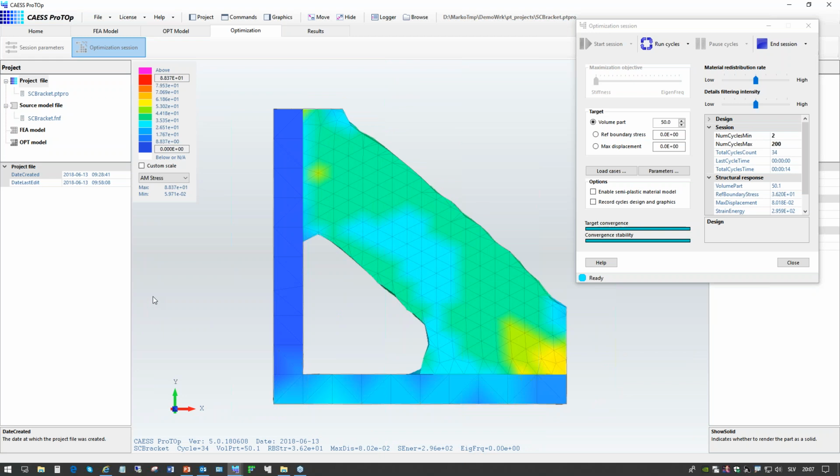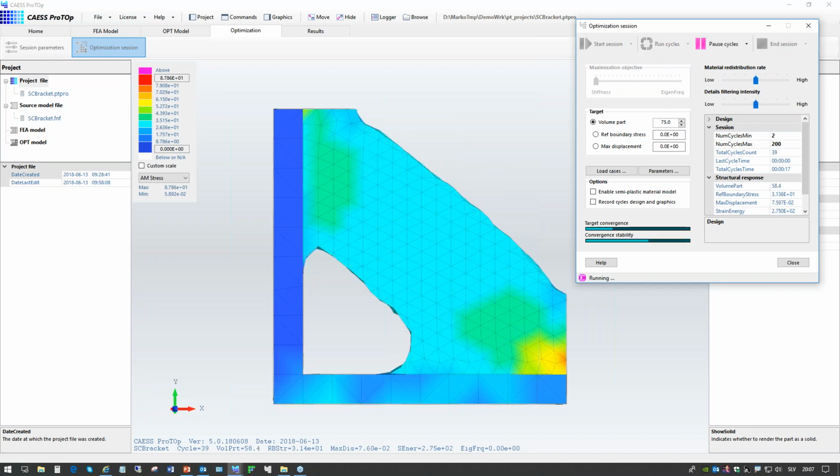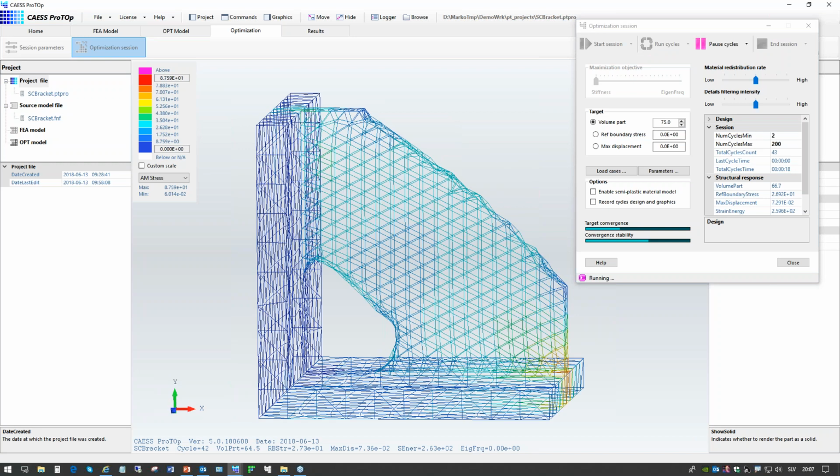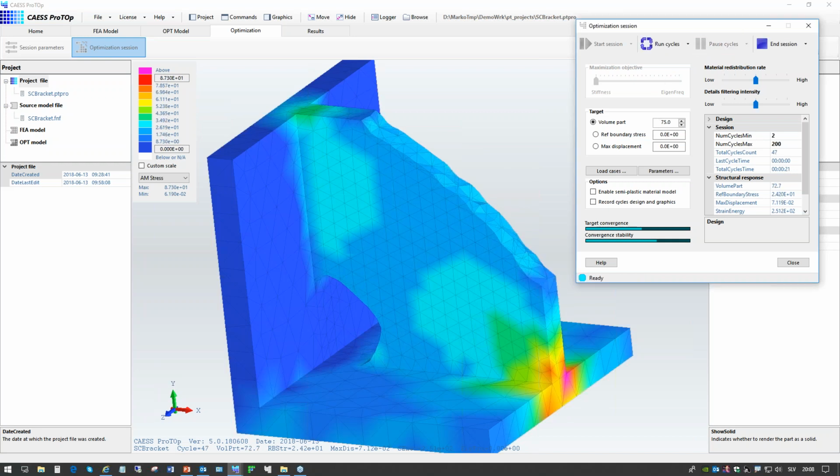Now, what might be worth pointing out is that although it seems that in this region there is no more material, the finite elements, of course, are still there. For example, if I just increase the required volume of that part and run the optimizer, the material is restored back again. Okay, so